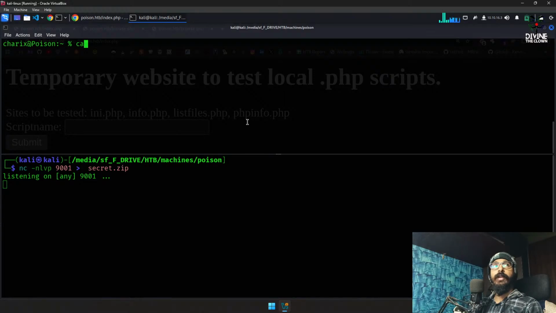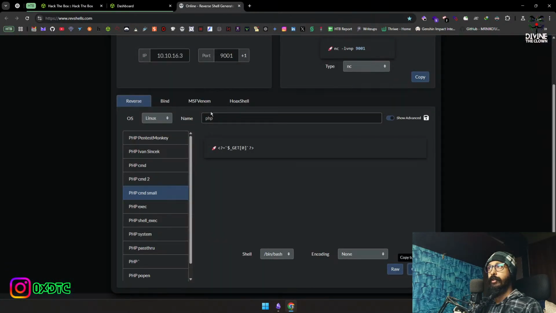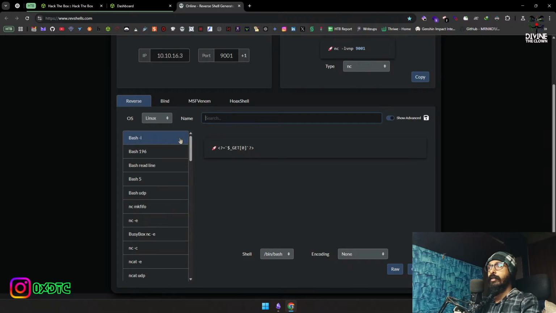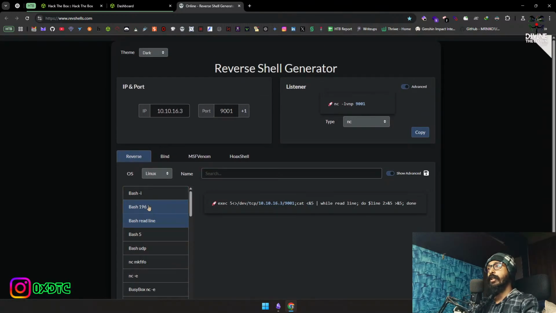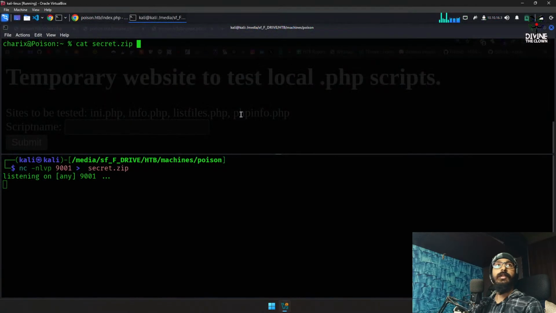If I do cat, that will break the whole file, right? And go here, reverse shell, remove this, all the way bash up, and we're gonna copy this till here and paste it, fingers crossed, transfer the file,